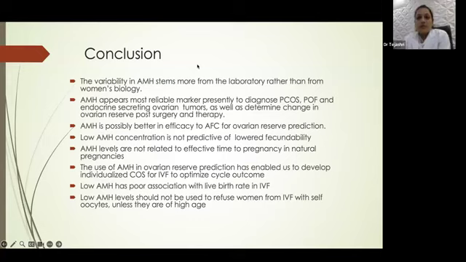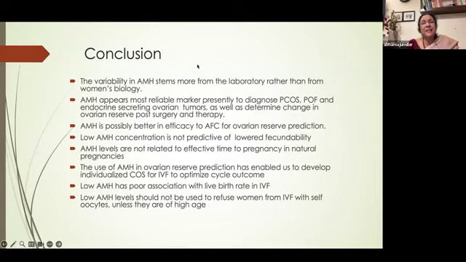Ma'am, Dr. Manjusha wants to know whether DHEAS helps to improve AMH or oocyte quality. I think DHEAS should be considered more as a nutritional agent. Like in the afternoon when I spoke on PCOS in adolescents, inositol does improve the metabolic risk of PCOS, but it is a nutritional agent. In the same way, DHEAS is used as a nutritional agent. And how can it improve AMH or oocyte quality? It can just maybe